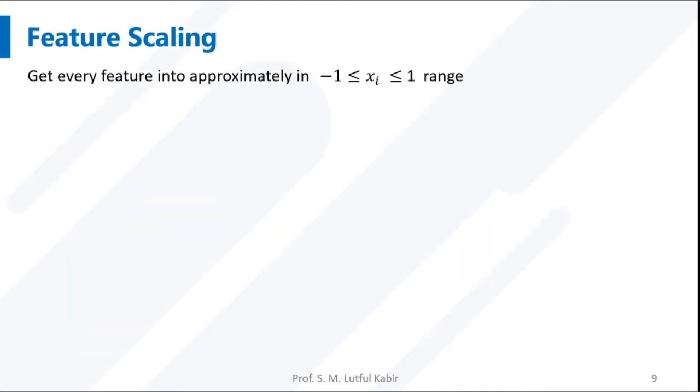Let us discuss the same range after the scaling. What is meant by the same range? Normally, we expect that the feature values should be within -1 to +1, but not necessarily exactly between -1 to +1. And we do not need the scaling on x0 because x0 is always 1. So keep it 1,